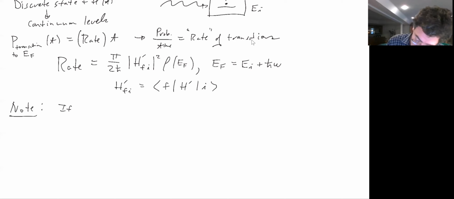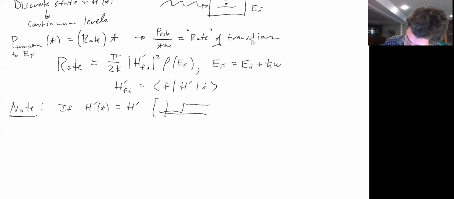For example, if your time-dependent perturbation is just a constant that turns on at t equals 0 and then off at some time t. So this is, we've seen this before, if it just turns on as a constant, then what happens is you have,